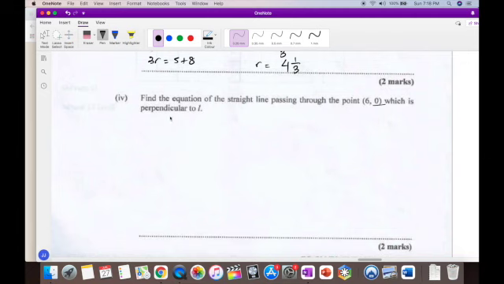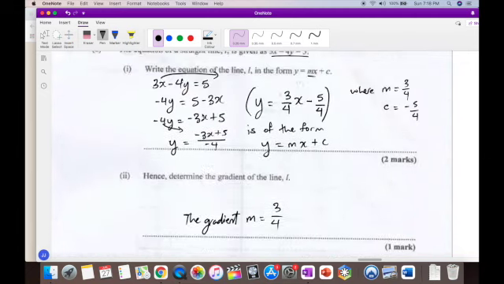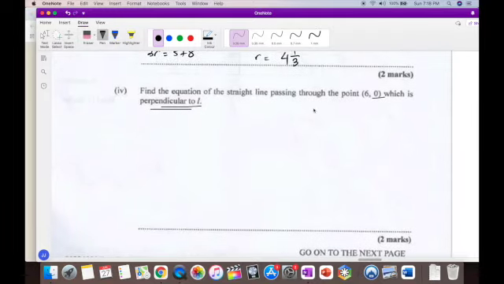Find the equation of the straight line passing through the point 6, 0, which is perpendicular to L. So it being perpendicular to L, well, let's go back to the actual equation, y is equal to mx plus c: 3 over 4 x minus 5 over 4. This is the line L, right? And so the line perpendicular to L, right? Perpendicular to L